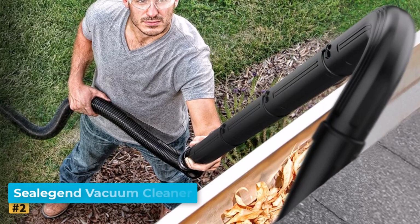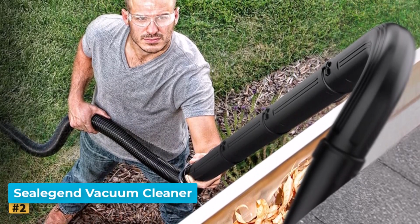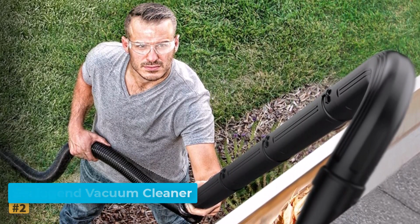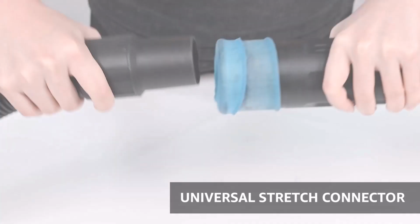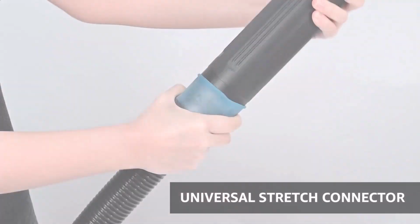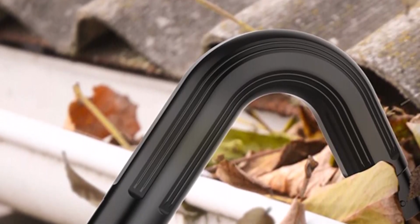Number 2. Sealegend Vacuum Cleaner. The Sealegend Vacuum Cleaner is a smartly designed gutter cleaning solution that prioritizes safety and convenience. Perfect for homeowners eager to avoid the dangers of ladder work, this tool allows you to tackle clogged gutters directly from the ground. Its most notable feature is its innovative design, which fits standard 1/2-inch vacuums, while also including 2